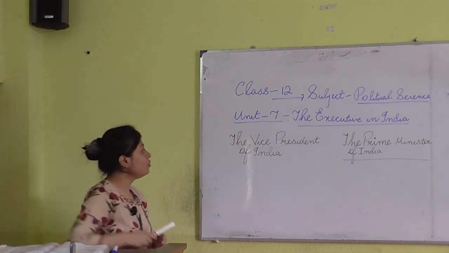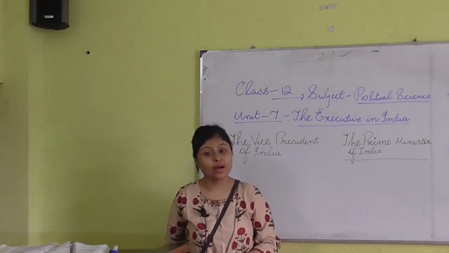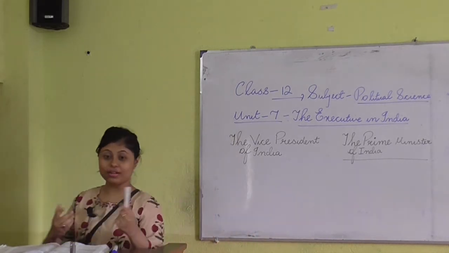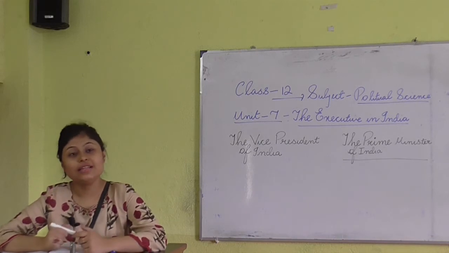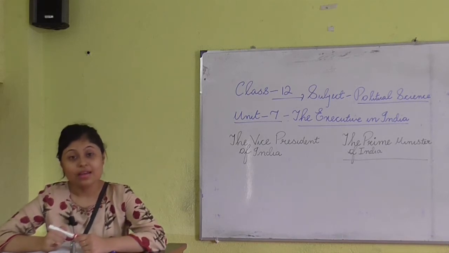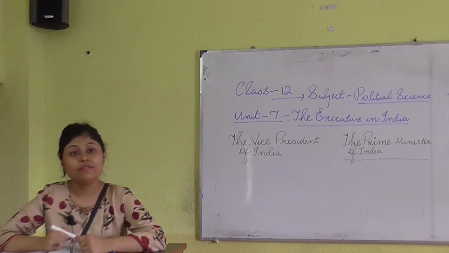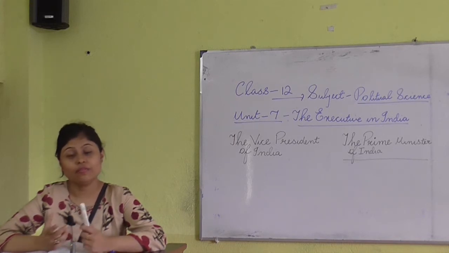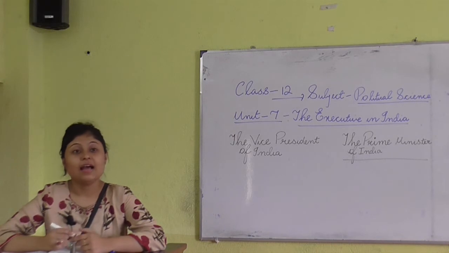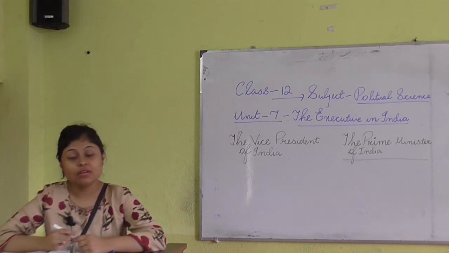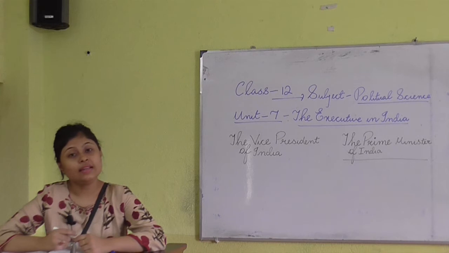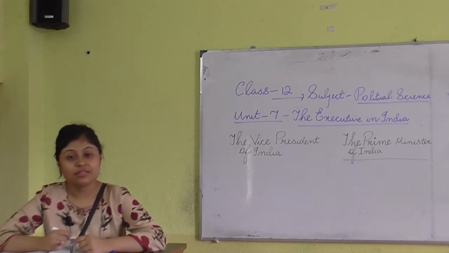Next we will go to qualifications which are required to be the Vice President of India. What are the qualifications? First of all, he must be a citizen of India. He must have completed 35 years of age. He should be qualified to be a member of the Council of States. And the Vice President should not hold any office of profit under the state government, union government or